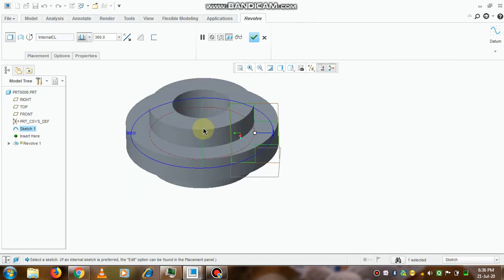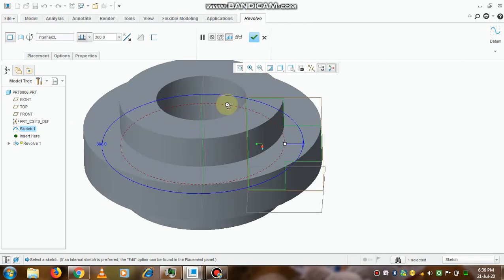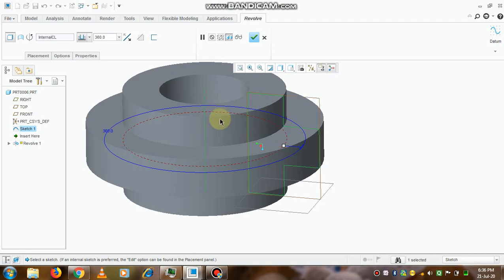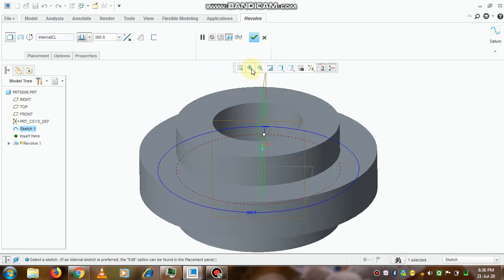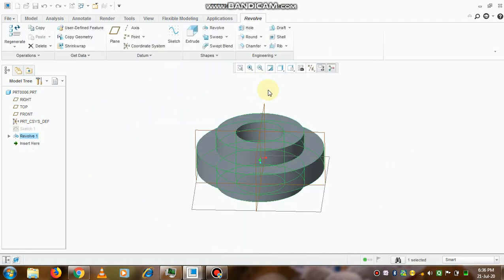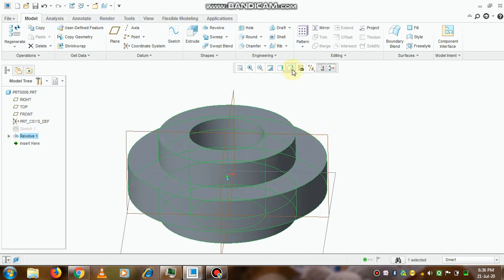And go to the revolve command. So it will automatically take the axis that we have created. And if you click on OK, the command is completed.